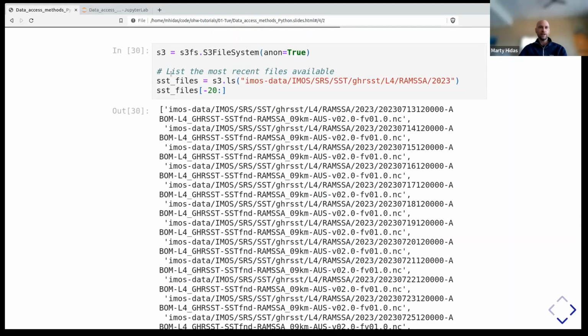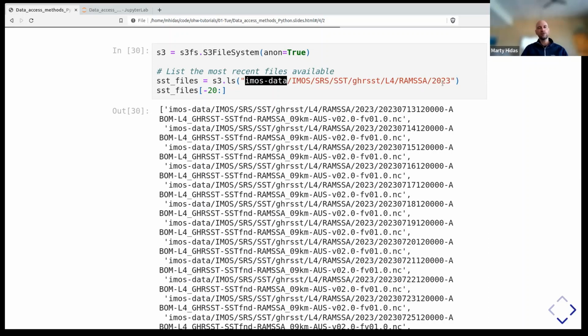So we create an object to talk to the S3 bucket, and we use anonymous access here because it's openly accessible. So we don't need to do any sort of authentication. And we get a path here which starts with the name of the bucket. And then the rest of it is a